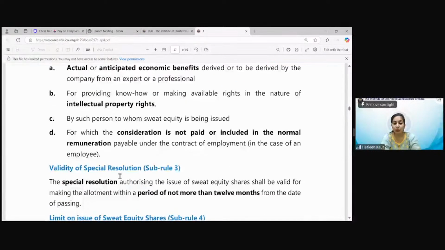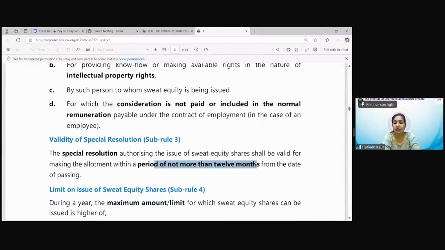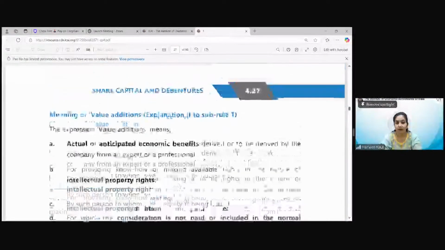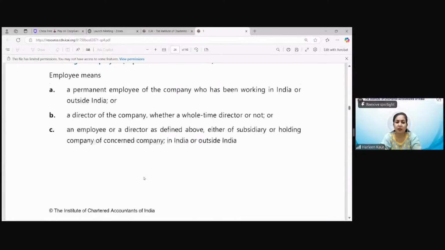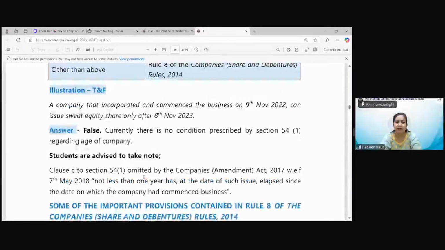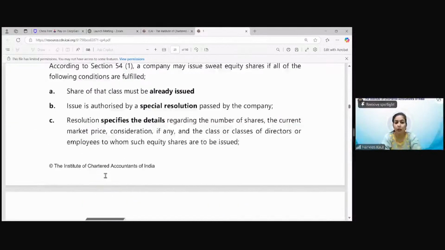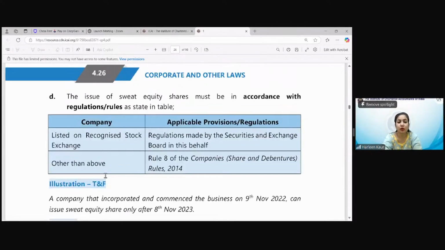Where we have done about the sweat equity shares should be issued not more than 12 months, so this is a different thing. Okay, don't get confused with this. The SR validity period that has been given should not be more than 12 months, meaning that within 1 year, the sweat equity shares have to be issued. All right. This is talking about some different amendment which was given under section 54(1). Now they have omitted it. Omitted means it is no longer there, they are not including it. Is that clear? It has already been removed.